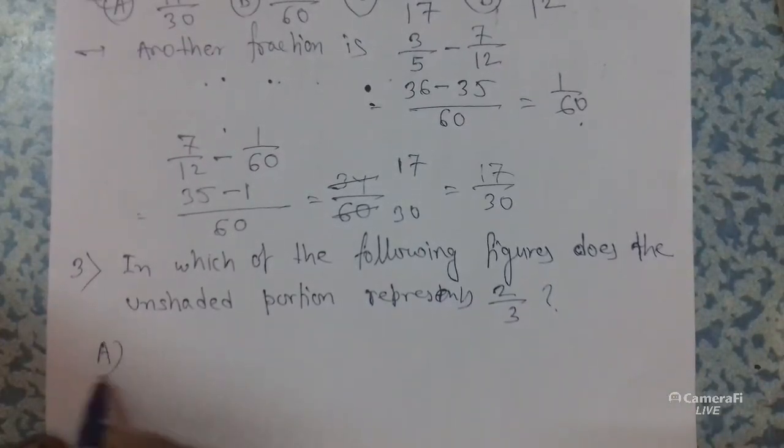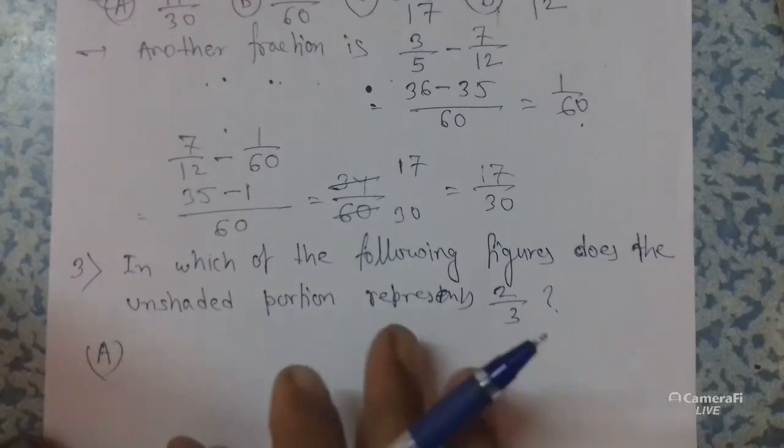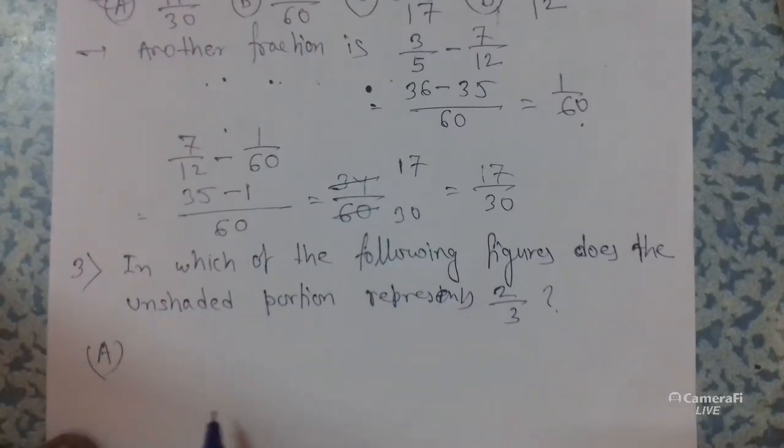The options are, so the problem is in which of the following figures does the unshaded portion represent 2 by 3? So first one is